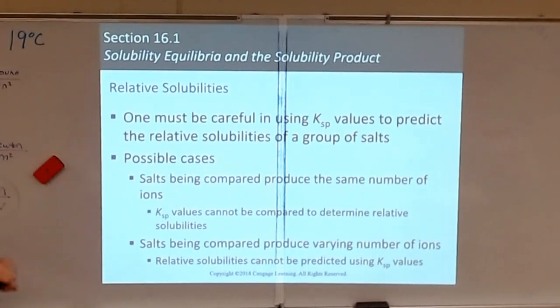So, let's follow some rules here. You've got to be careful about using this to predict relative solubilities. You can't simply compare these to determine relative solubilities. You've got to be careful when they're producing a bunch of different ions, because this number's going to look crazy, and you go, well, it has 5 ions,